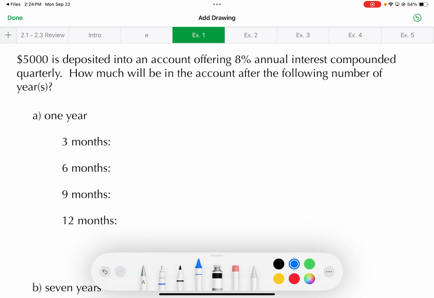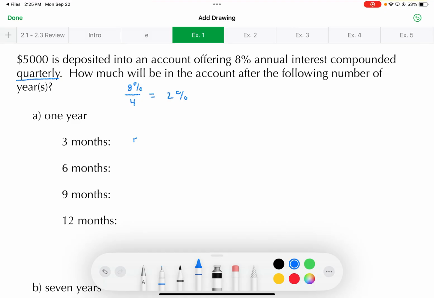So we have this 8% annual interest, and we're compounding the interest quarterly. That means how many times in 1 year? 4 times, right? So that 8% is being divided over 4 times in the year, and that's going to give me 2%. Okay? So let's calculate how much we'd have after the first compound, which would be 3 months after